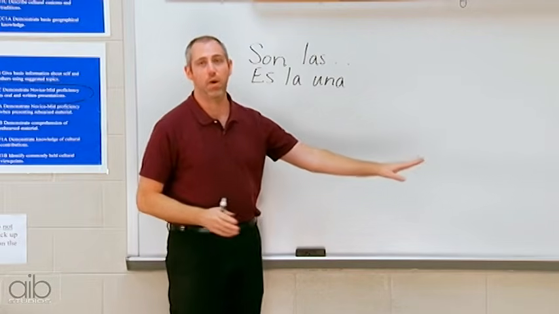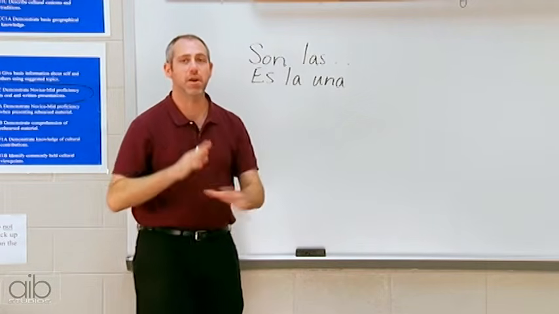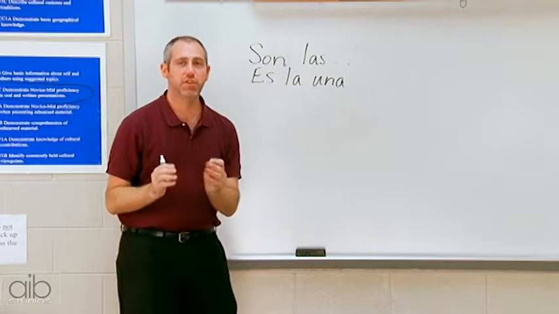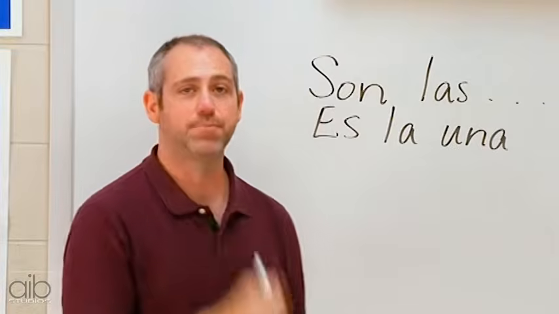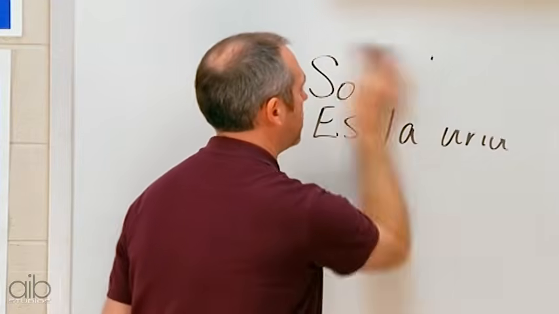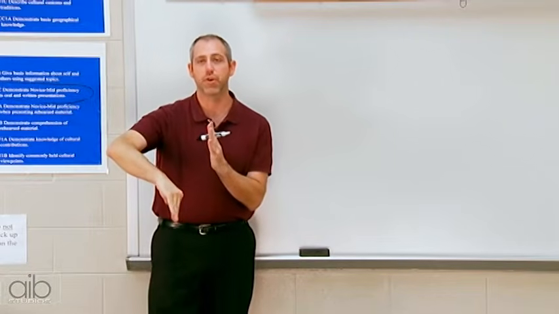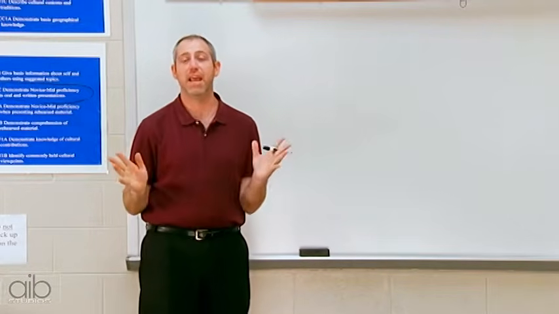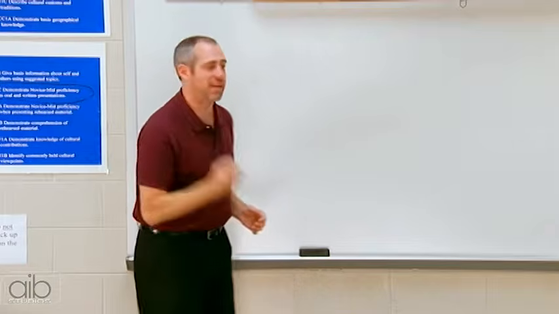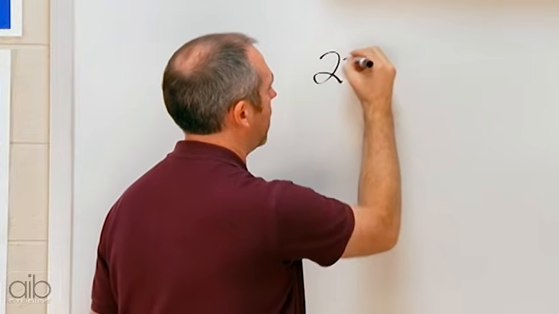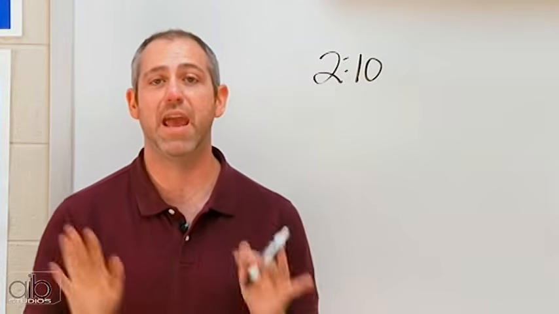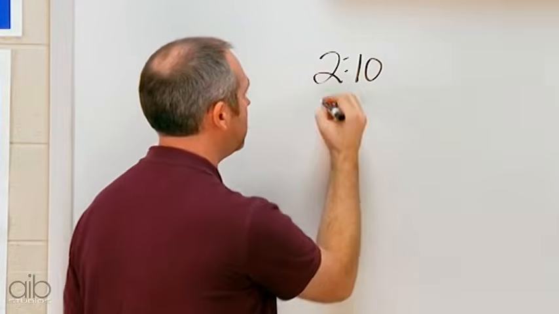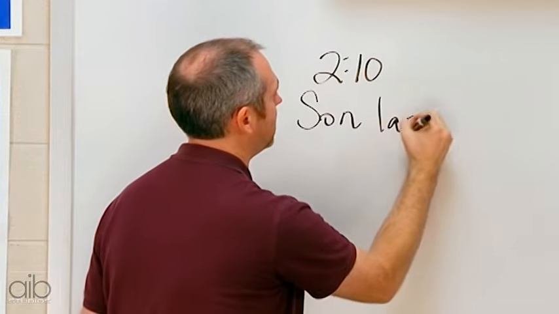Now, we already know how to say all the hours in just the last minute or two. We can state any hour. But now let's take it and talk about how we do minutes. This is where we're going to need to sort of split the clock into two parts. Now, if we think about the first half of the hour, when the minute hand goes to the 30 mark, we're simply going to say y. So for example, if it is 2:10, all you got to do is remember it's 2 and 10. Okay, so we're going to say son las